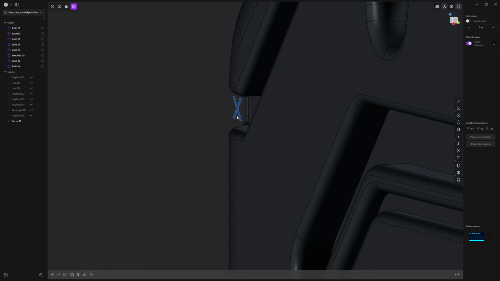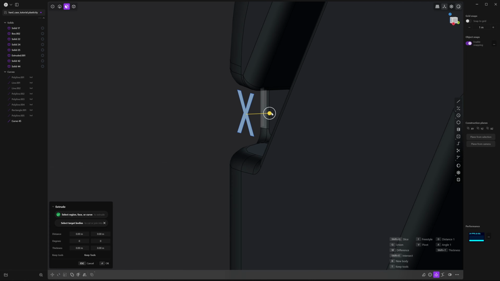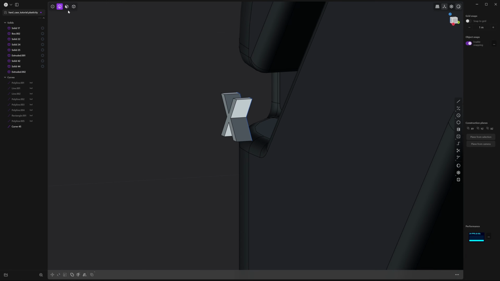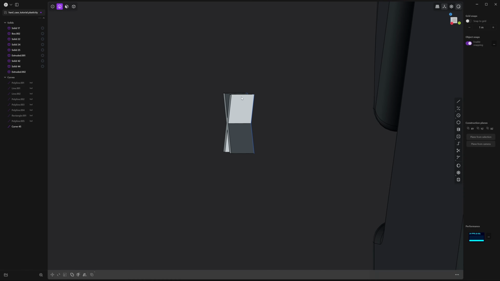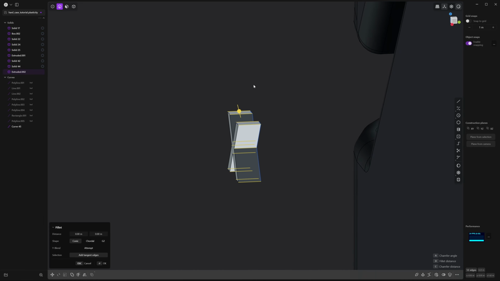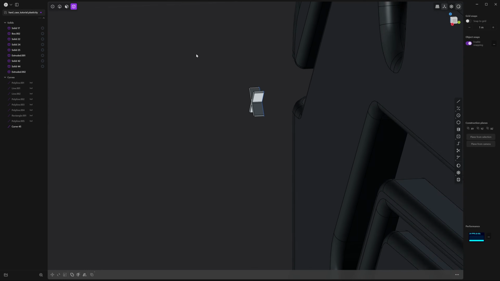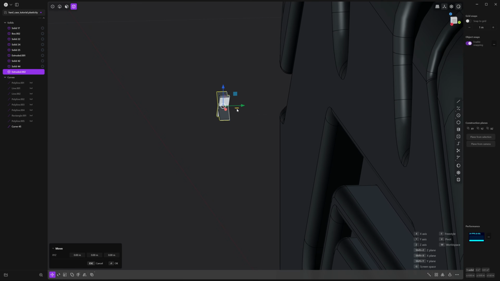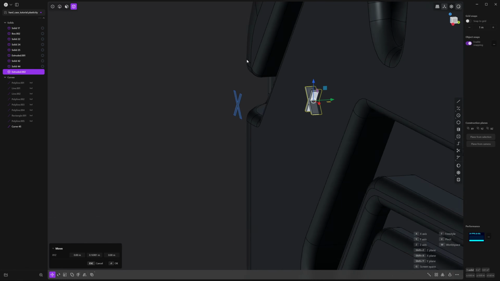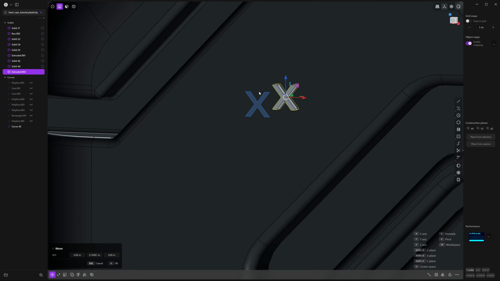And then press 3. Select this face, and we're going to use that as a Boolean. And then hold Control Alt and a click. We're just going to round this a little bit. Right click to accept. Next, we're just going to push this back in just slightly. And before we do any booleans, let's hide this curve. Press 2 and press H to hide it, or to go back to body mode.